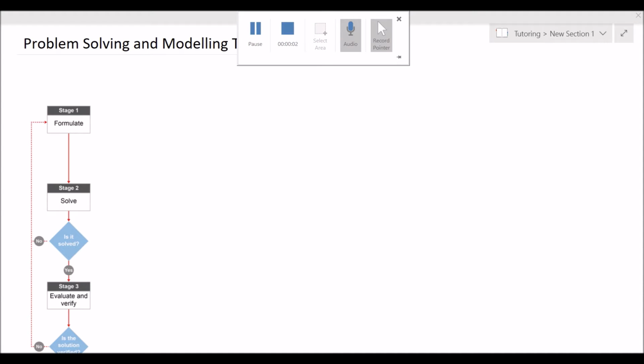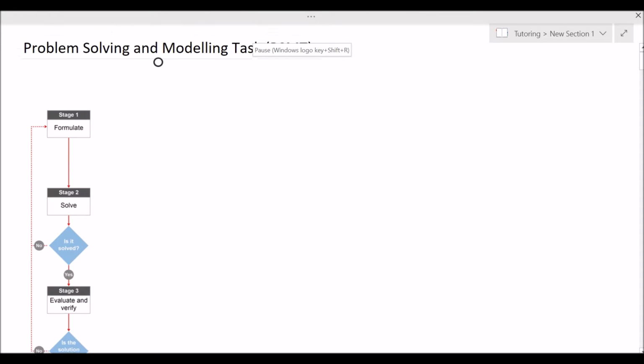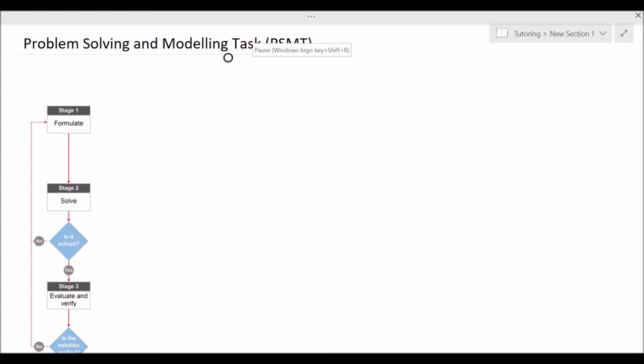Hello everyone. Today I am going to be talking you through how to complete a PSMT in the Queensland Maths syllabus. A PSMT stands for Problem Solving and Modelling Task, okay, otherwise known as a maths assignment. So if you think of a PSMT